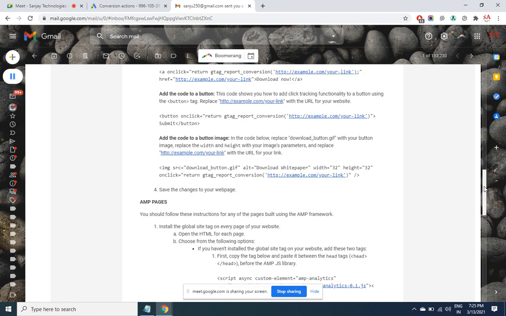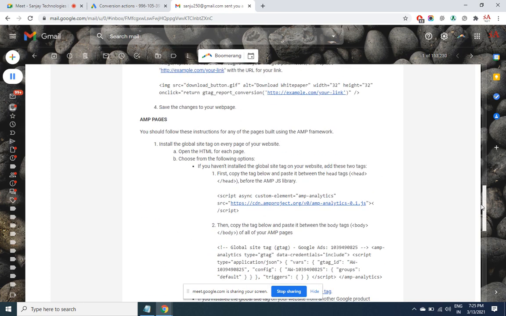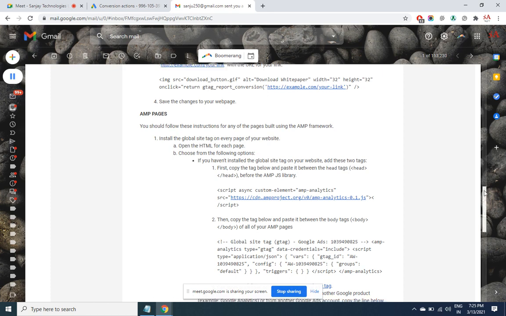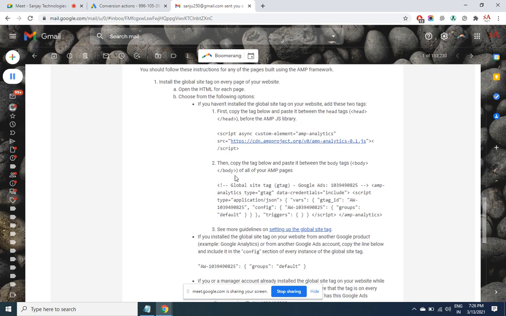And then you have here this for the AMP pages. In case the site is mobile friendly, AMP compliant, then you'll have to do this even for the AMP page, because that event may happen through mobile. For mobile there will be a different version of the website. The same SEOsanjay.com will look different on mobile and on desktop. Mobile friendly design is different. AMP means accelerated mobile pages. The big background images and all that are gone. Very, very simple website.